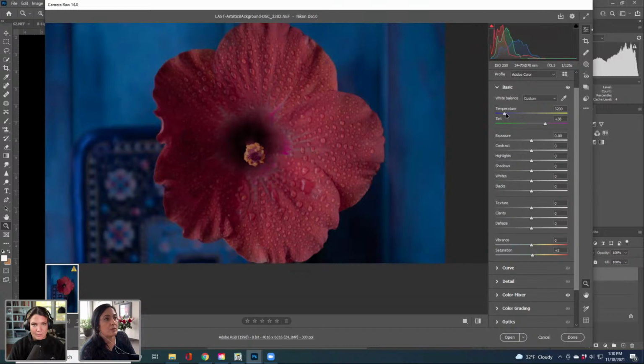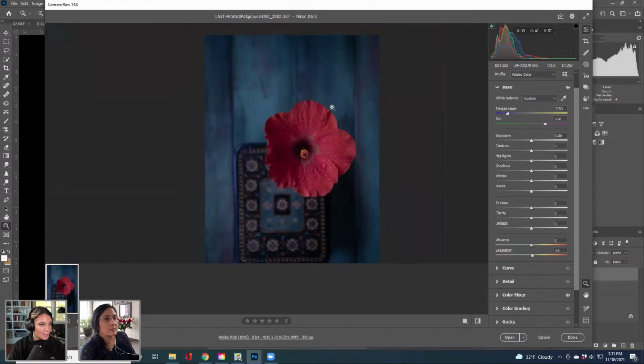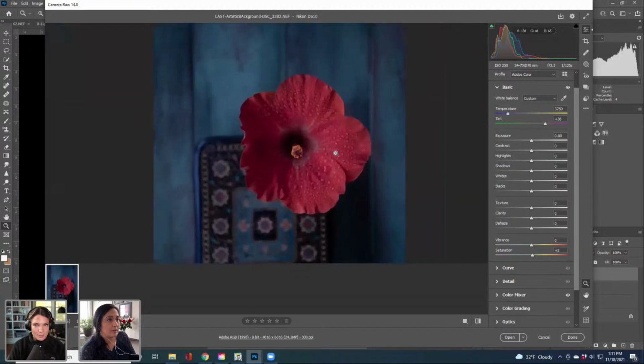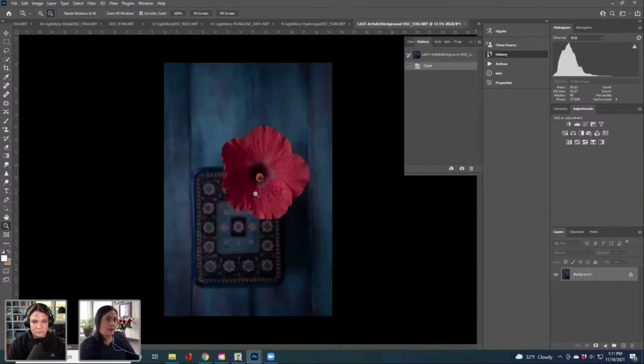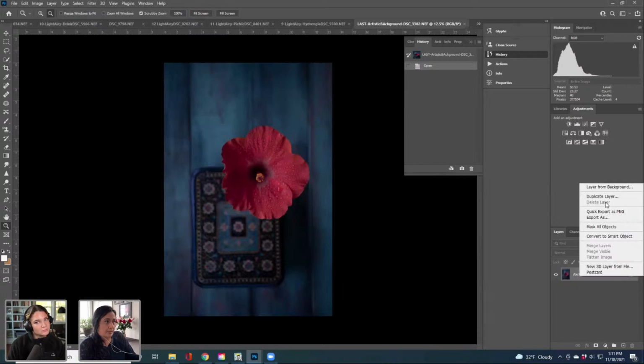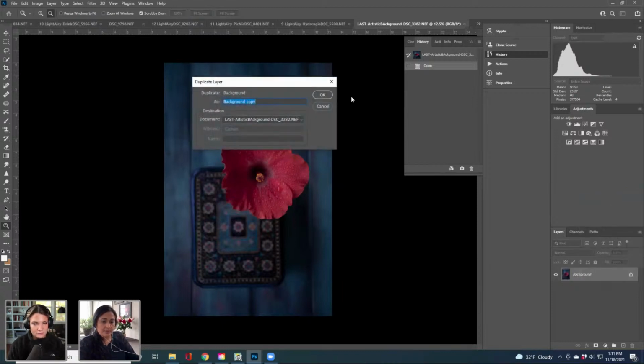So now you must be wondering, what is she doing? It looks like washed out backdrop. Don't worry about it. We're gonna now open it because I like the color. I like that color. Now I'm going to create a new layer. And I'm going to say